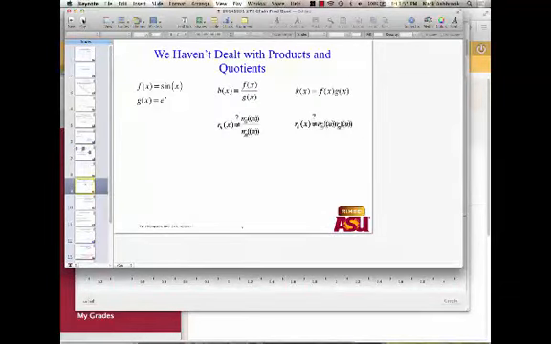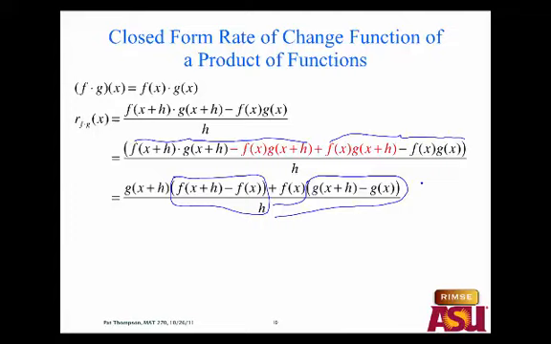This first thing that I put a circle around, what is that? The rate of change of f. And this over here? The rate of change of g. So that's why you do this initial step, then you combine and group the terms the way we did, and then if you factor out, the rate of change of f and the rate of change of g separately emerge from this technique. So there they are. We have g of x plus h times the rate of change of f, plus f of x times the rate of change of g. Letting h get